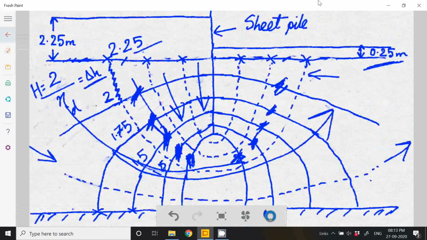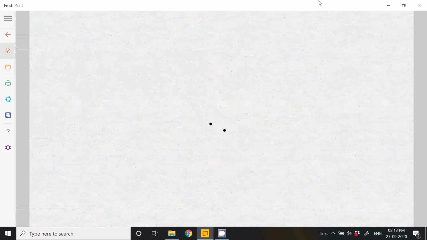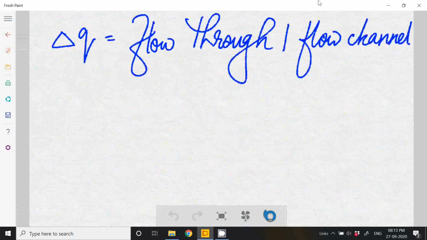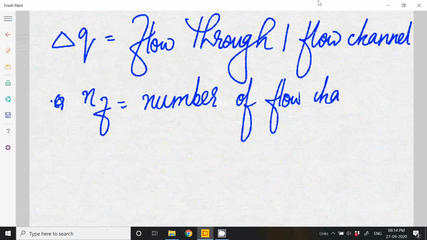In the macroscopic view also you can see here, this is one flow channel, this is another flow channel. So depending on your flow net, your number of flow channels will be different. If I consider NF is equal to the number of flow channels or flow paths,